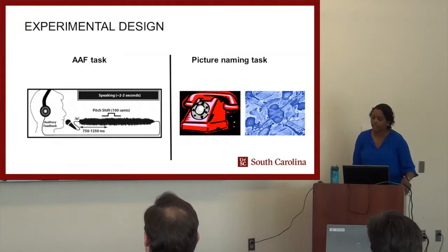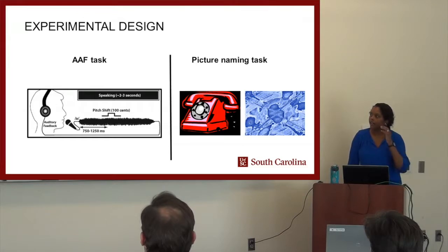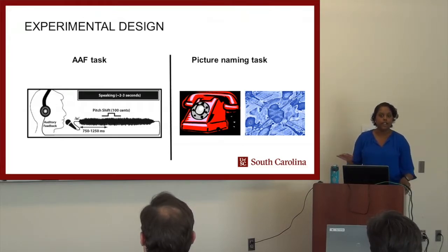So I mentioned before the altered auditory feedback task, and you can see a schematic of that on the left. So again, the participant is cued to sustain a vowel sound. In this case, it was ah, and they hold it for about 2 to 3 seconds. During that time, their pitch is shifted either upwards or downwards, 100 cents, and they're asked to disregard the shift. They repeat this over and over. And there's also listening trials where their voice is played back to them, and again, the pitch is shifted either